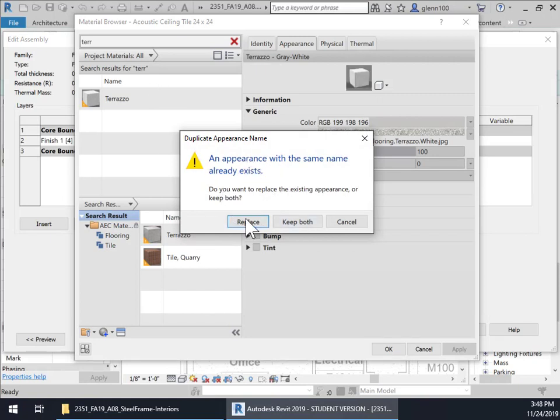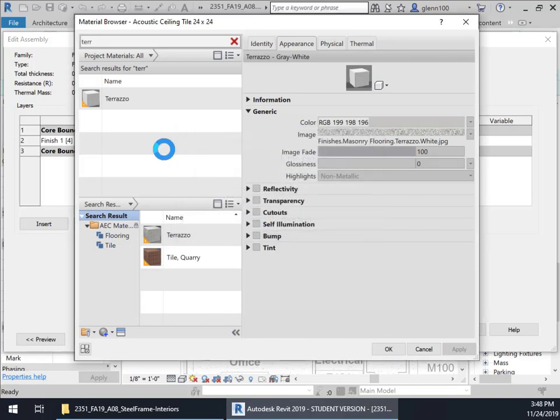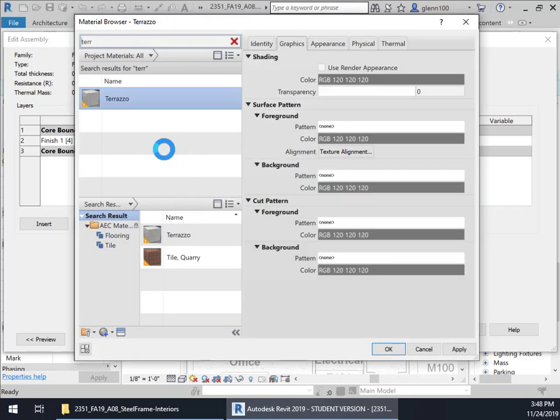And of course, it asks, we're uploading, do you want to replace this? Keep both, or? I'm just going to say replace it. So that's just in case you don't have that. That's how you find additional materials. You can see there's a tile quarry. We could